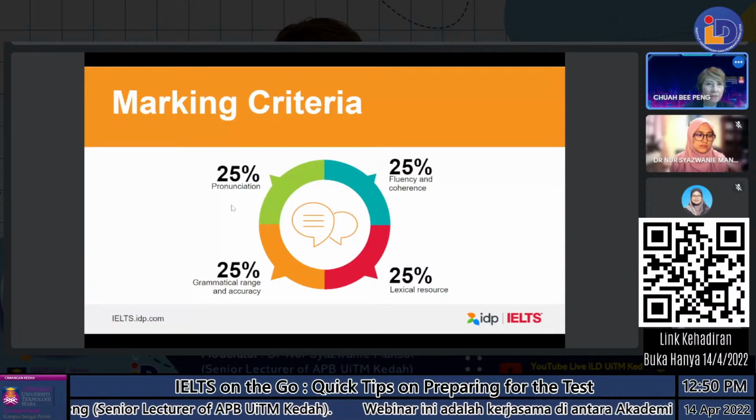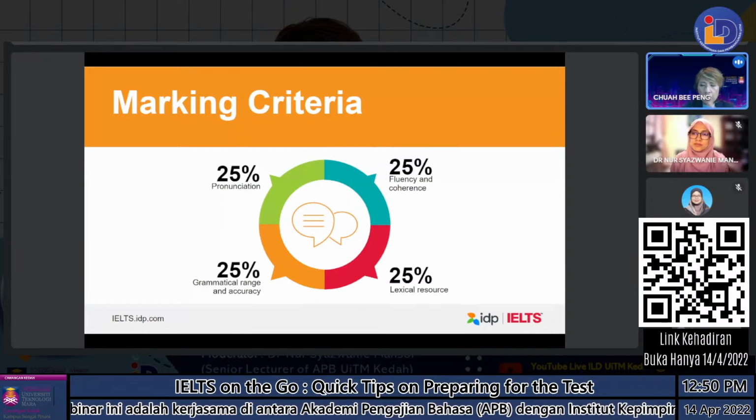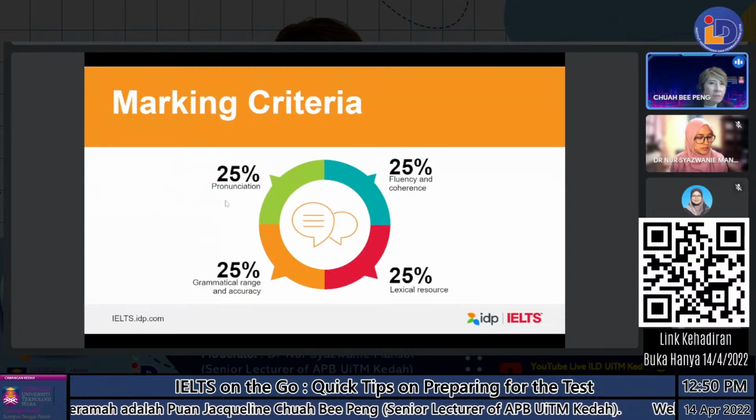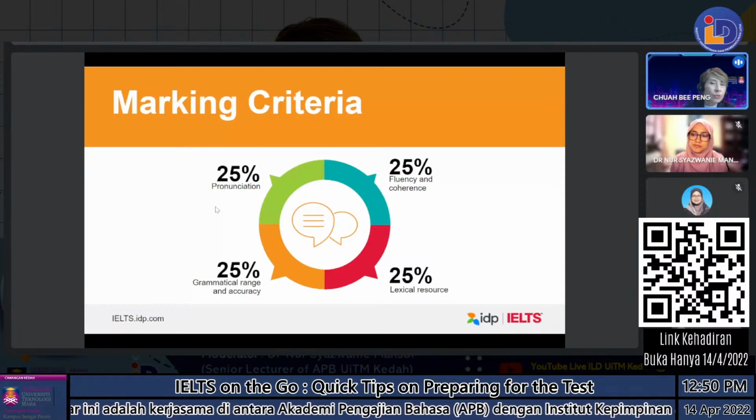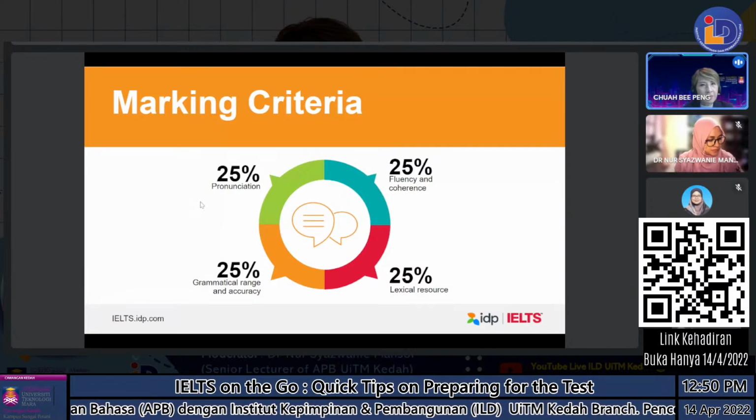That is pronunciation. Even chunking. Chunking is something like this. I don't express myself in this way: today I'm going to, and then I stop, talk about. I don't stop like that. So that is wrong chunking. It's also considered a flaw. Even your stresses, like very typical, development, photograph, photographer. By right, it should be photographer. So if you cannot produce that, meaning you might not be at the higher band, something like that. Understand?